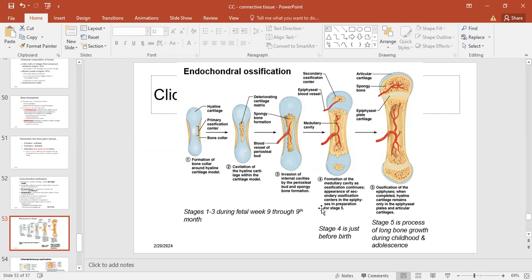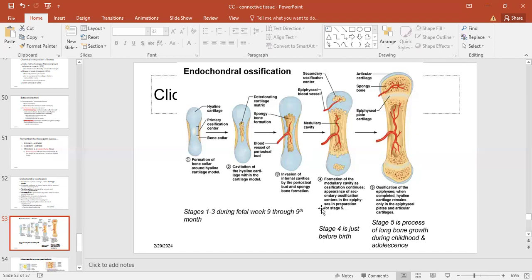Now, as that happens, there's going to be invasion of blood vessels. The blood vessels will invade the periosteum. And once they invade the periosteum, they are going to go in and more cells are going to form. There is going to be formation of the endosteum inside, covering the inner lining of bone. And then with time,